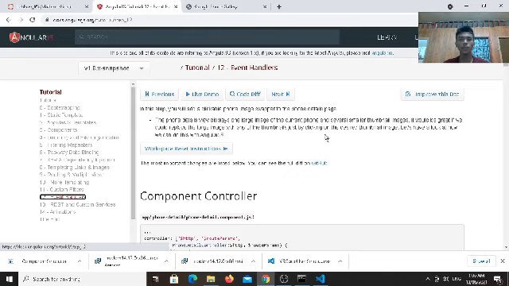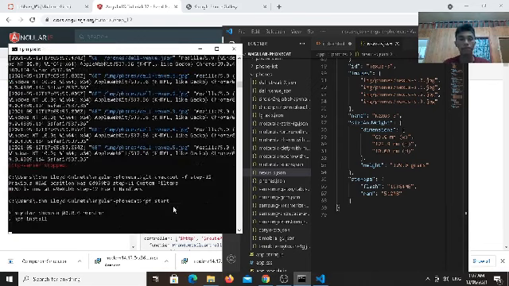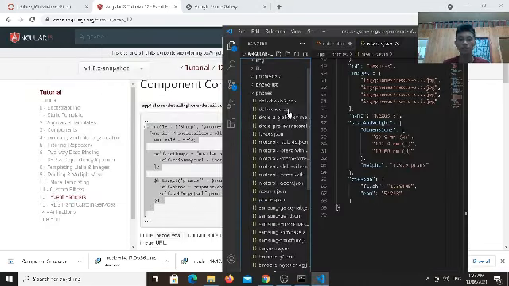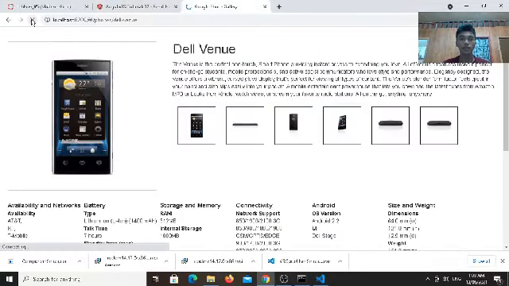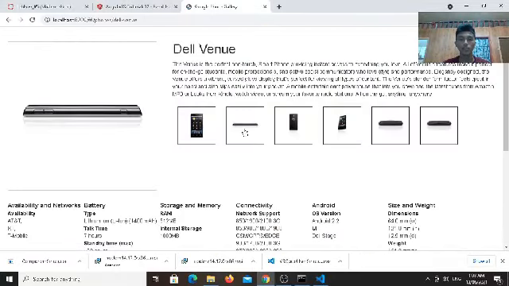It would be great if we could replace the large image with any of the thumbnails just by clicking the desired thumbnail image. Let's have a look at how we do this in AngularJS. Refresh. So let's try to click this one. So as you can see in our